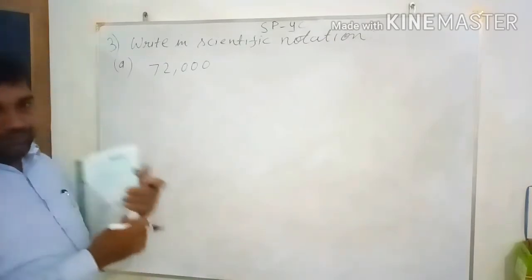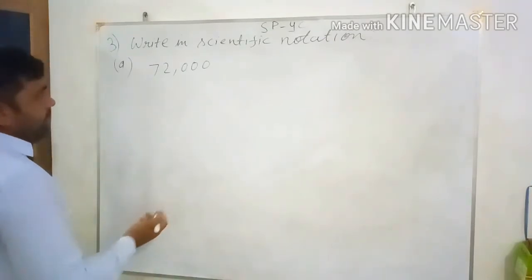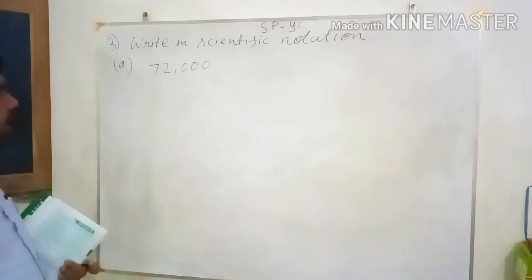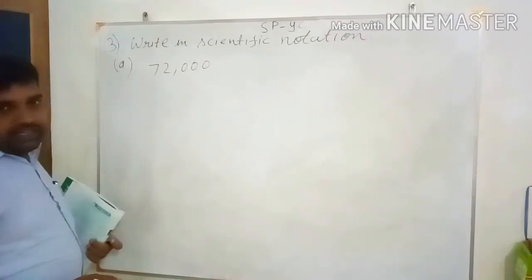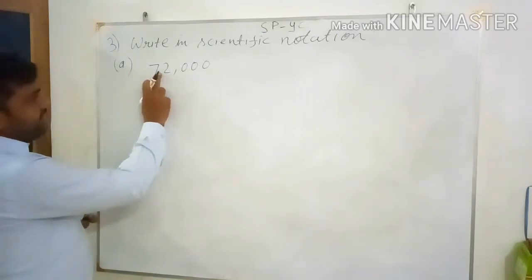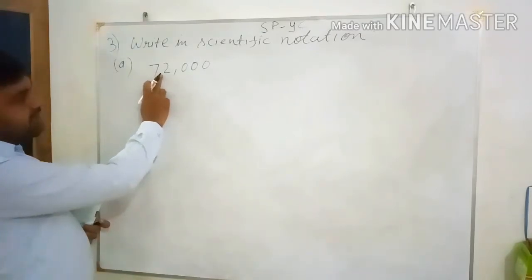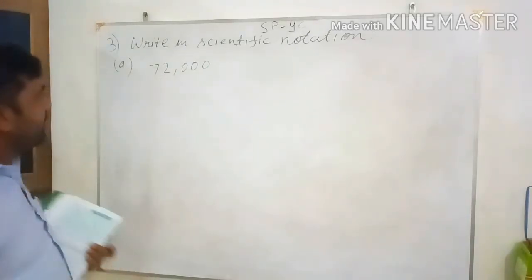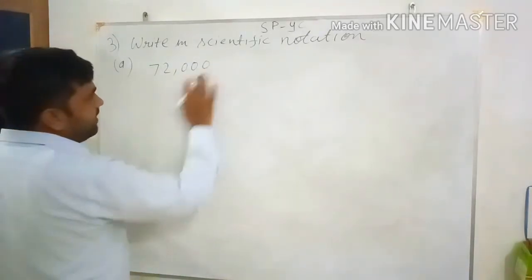See how we do it. Now, scientific notation means we have to express the number between 1 and 10. Now see how we express this number between 1 and 10. So this 72, 7.2 we can write. We can write this number as 7.2. Now 7.2 will be in between 1 and 10. So we consider the decimal at the end.